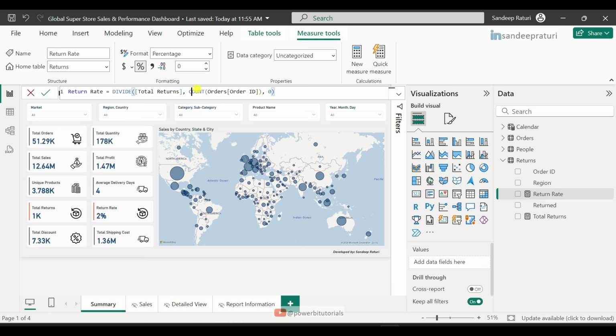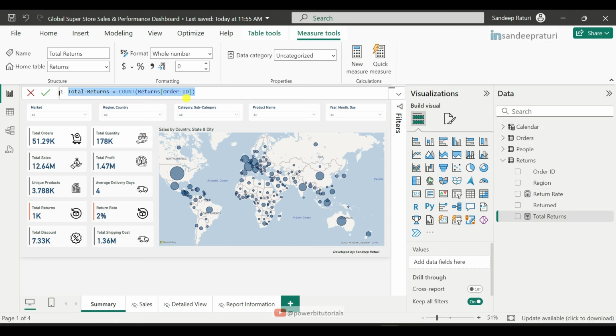And in the second parameter, I am counting the order ID which exists in the orders dataset. So in short, I am dividing total return IDs by total order IDs. Total return ID is coming from the returns table and total order ID is coming from the orders table.